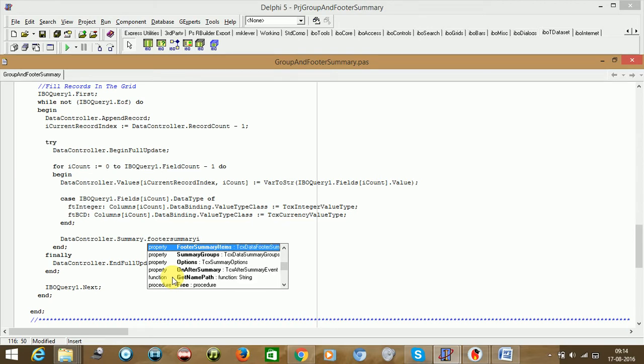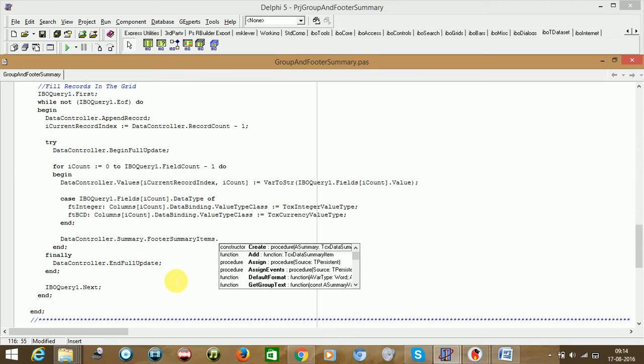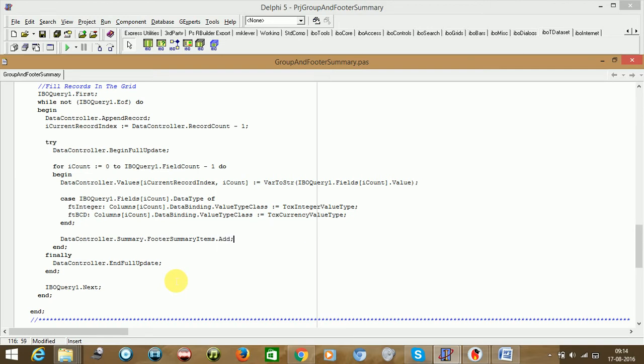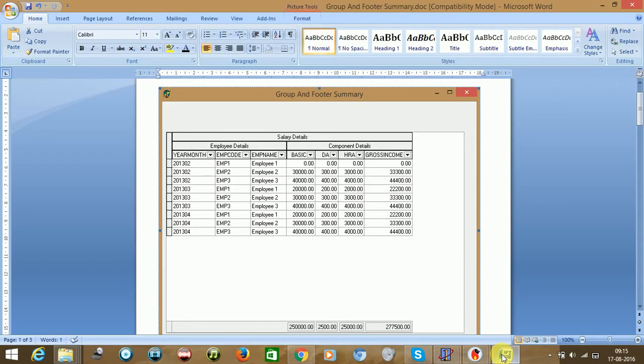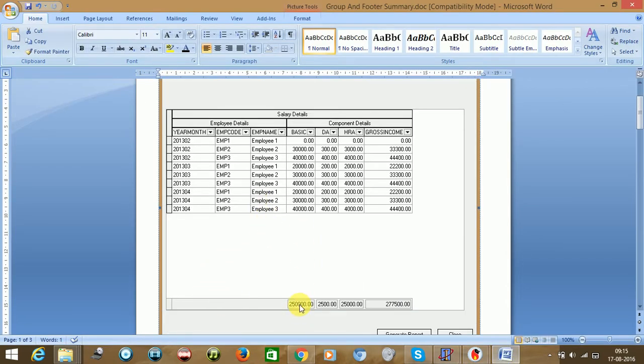We need to just say add. So the footer summary items would be added here. Now if you see here, we are adding that one footer summary items for everything here.